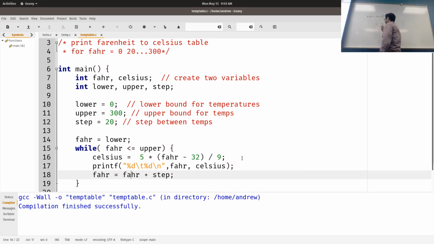In older languages, and by older, I mean older than like 1972, it used to be colon equal to do an assignment statement, to differentiate the fact that an assignment is not equality. Now why colon equal?